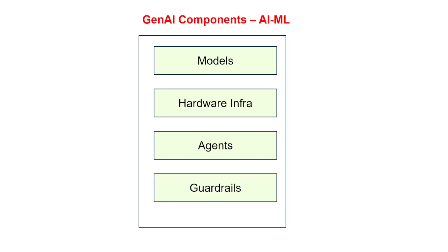Now coming to the next level, we have the GenAI component, which is the heart of GenAI applications, starting with models. Whenever you are building an application, you are choosing the right model, right? You are taking an OpenAI model, Llama, Mistral, Claude. These are the GenAI models you are using, so this is the layer where you will be doing that. Also, if you have any classical model as part of your application architecture, you can integrate that as part of the models component. Hardware infra is something like GPU, CPU, all that compute, which basically allows your GenAI applications to run